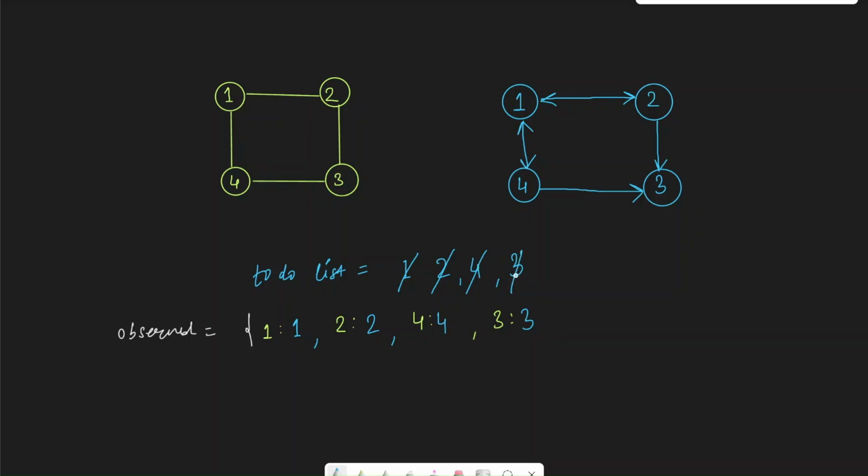For 3, again we check who are its neighbors. So 2 is the first neighbor. Do we have 2 over here? Yes, we already have 2 in our clone city. So we don't have to create 2 again, but we have to create the edge going from 3 to 2. So that's what I'm going to do over here. And then the second neighbor for 3 is 4. We already have 4 over here, so we don't have to create it. We only have to go from 3 to 4. That's the edge that we have to create.